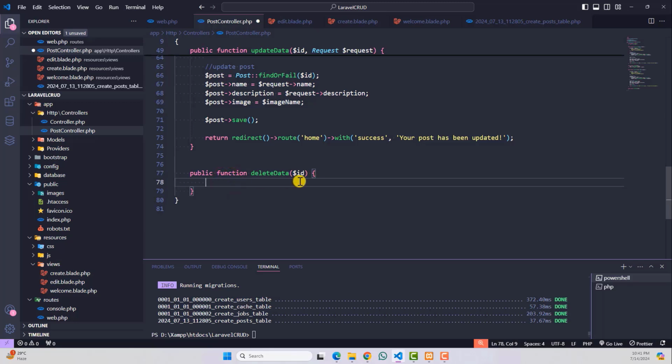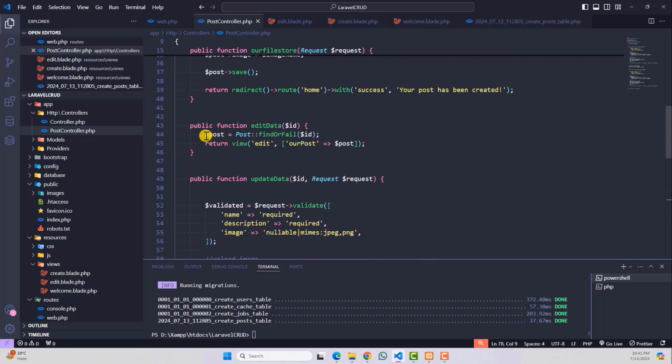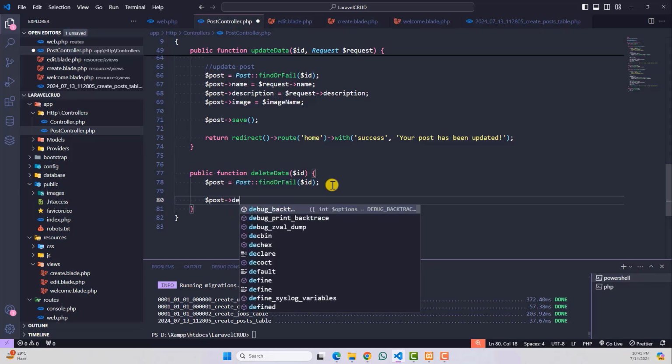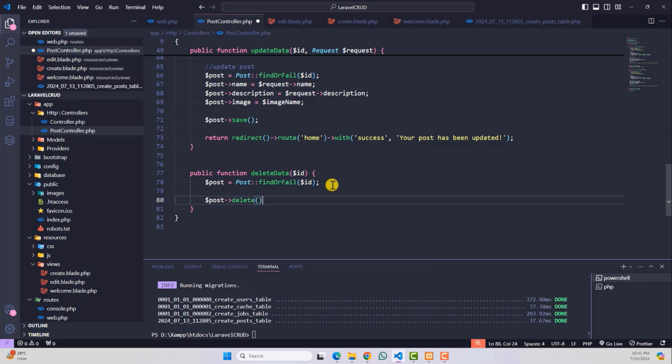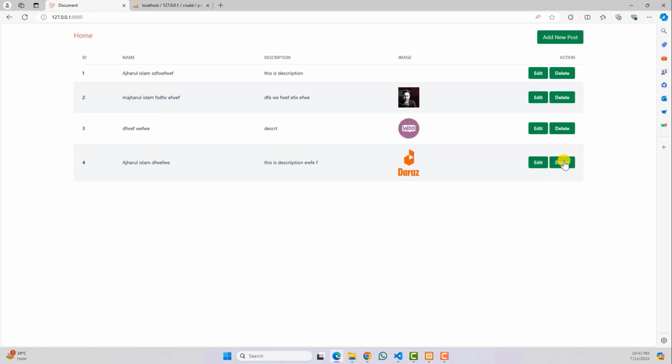I want to delete the post using the post id. So you can copy your previous code and copy the post variable from here, then paste the code over here. Then you can type the variable name and type the delete function, and that's it. Then go back to your web application and reload this page, and I want to try to delete any post, click